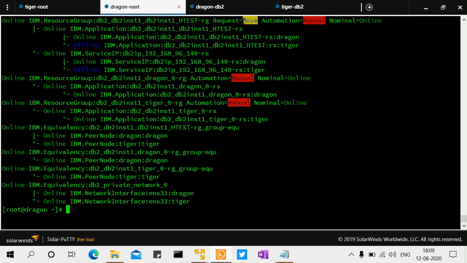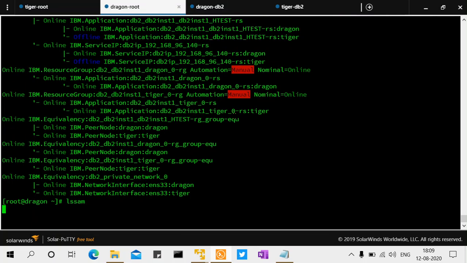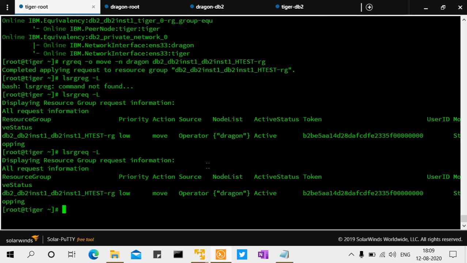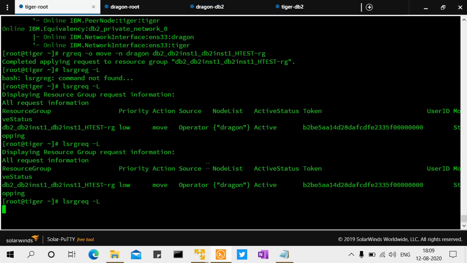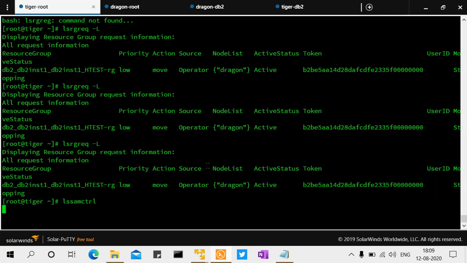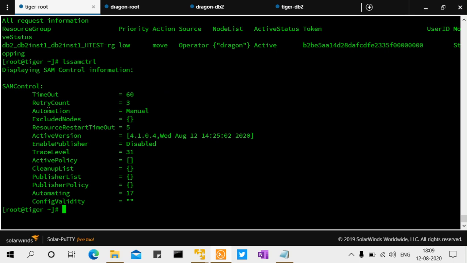So you can see the request has been placed, but it won't execute the request. It will be just staying like that. So we can check that using -top. The request will be placed, because the automation is in manual, the request is placed, but you don't complete the request. It is kind of putting the request in the pending state or something, I don't know. That is because of the automation mode manual.